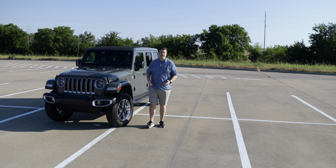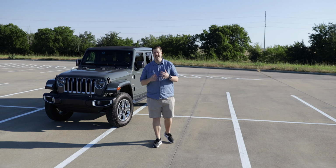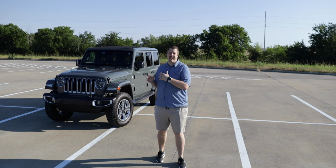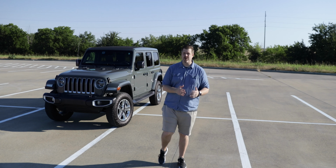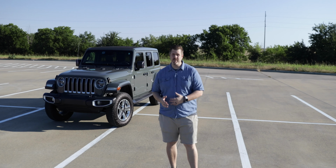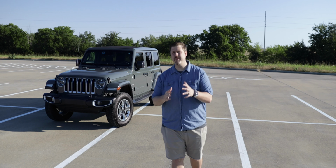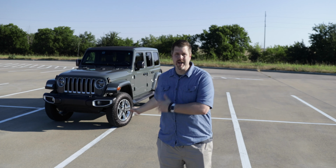So one of the last Jeeps that I reviewed was the Jeep Gladiator, and I left my week of reviewing that vehicle with the thought that if you wanted a truck, the Ram just does trucks better. If you wanted a Jeep, the Wrangler just does Jeeps better. There was a bit too much of a compromise with the Gladiator for me,